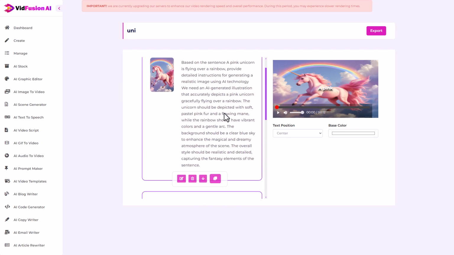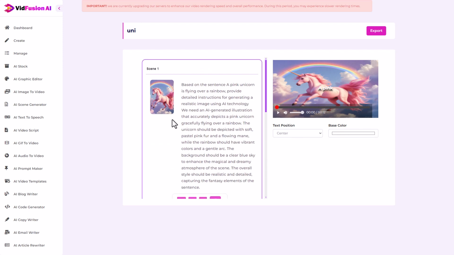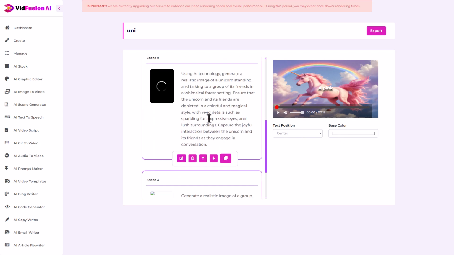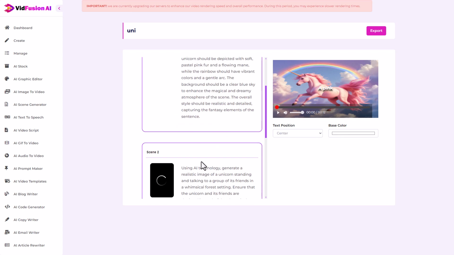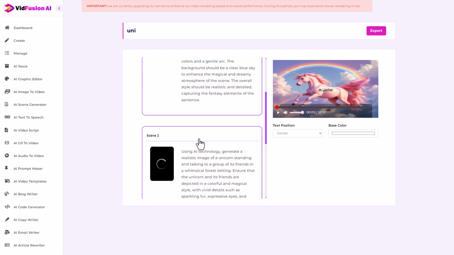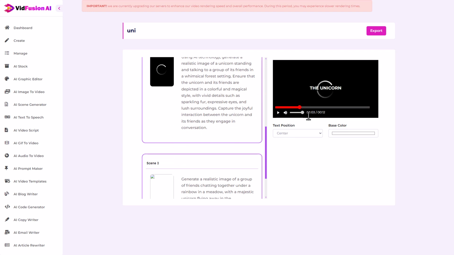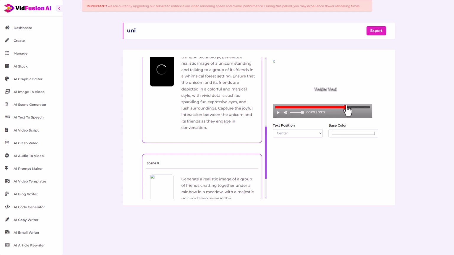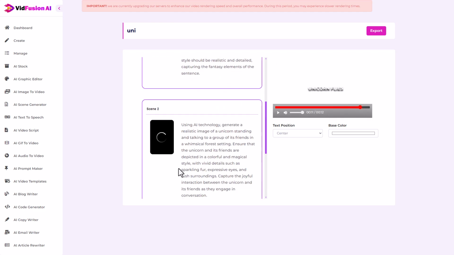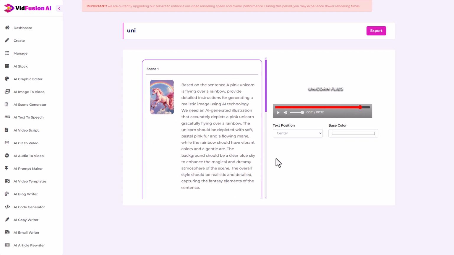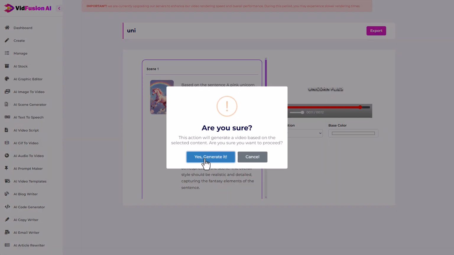I don't know. We can change our text position and our base colors here. This is annoying that if I click on this slide or this scene, I don't know what the picture is. So that's unfortunate. Maybe if I go through, this isn't very good that we don't have a picture. So we just get like a buffer. And here, we don't have a picture for this third slide. So I'm going to export it because I'm keen to see whether I get 4K or not. And I'll come back once the export is done. Yes, I want to generate it.